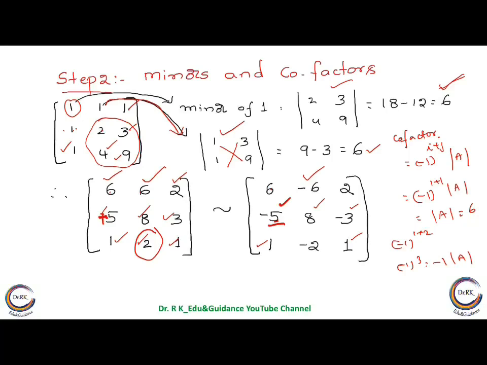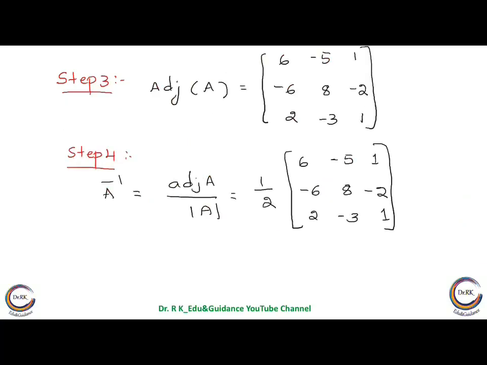third row and second column. 3 plus 2 is 5, an odd number, therefore we get minus, right? Therefore this one. Okay, so like this, now this is the matrix formed by the cofactors of the elements of the given matrix. Okay. So next we have to find the adjoint.